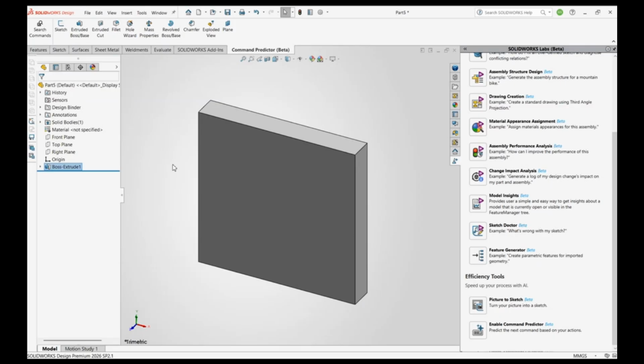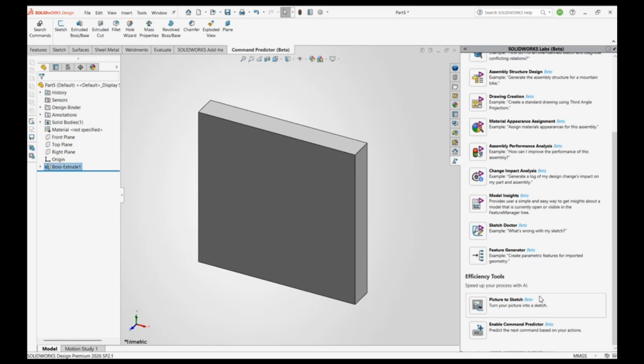The next possible 7 commands will be developed under your regular use. For example, you are using SolidWorks on a daily basis. If you are using extrude and regularly using the fillet after the extrude, it will suggest the fillet command for us after extrude. Based on our day-to-day activities, it will suggest the next 7 best commands we are going to use in the next possible steps. So like this, this command predictor will work.